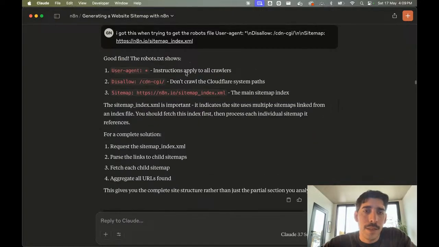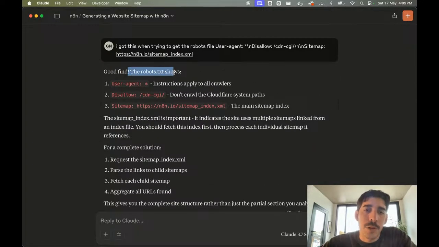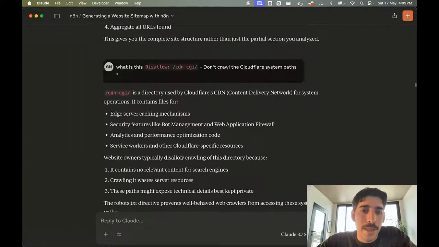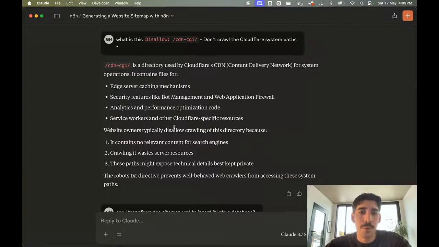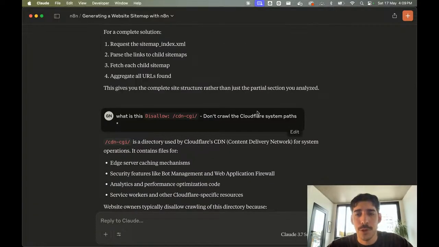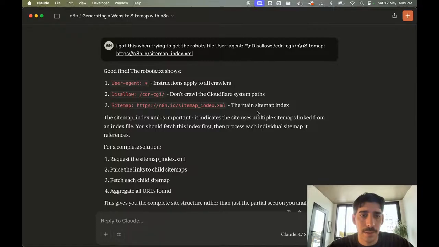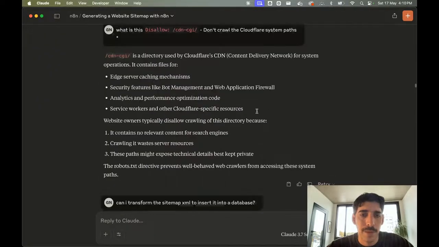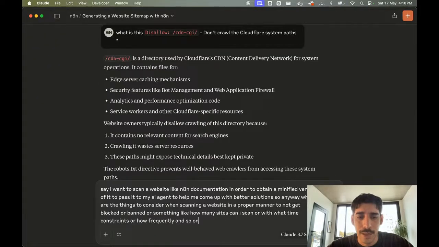Here it is. Oh no, this is the robots.txt. I found out that there are some directories you should not go into. Otherwise, I think scanning the documentation is okay.